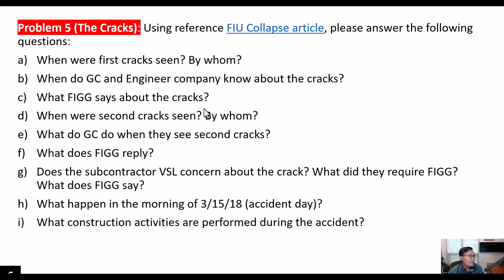there are many people warning about a crack many times, all the way from February to March, and they send the message to MCM. MCM cannot decide anything, and they send the message to FIC, even though FIC is the one that designed the